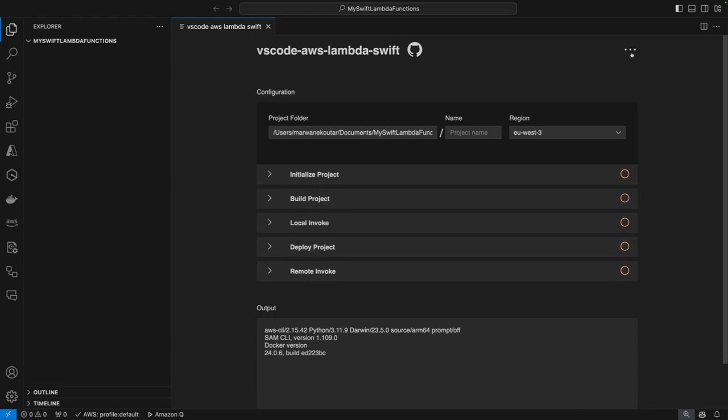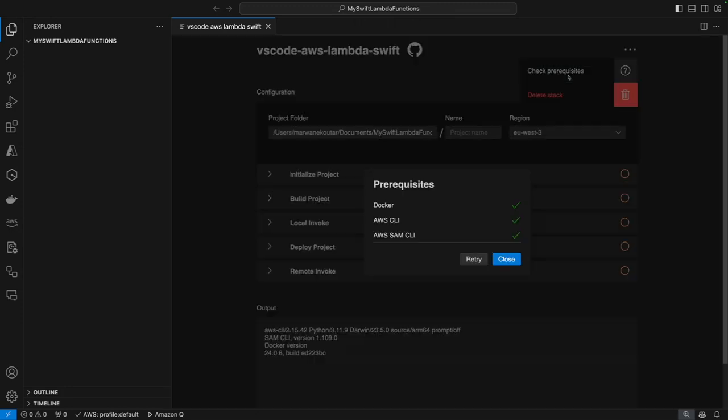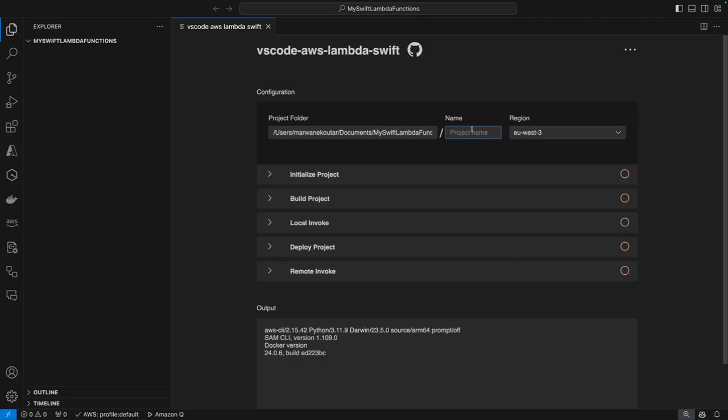So first, let me mention something. If you go on the top right to check prerequisites, you can see that the extension requires three external tools, which are Docker, AWS CLI, and AWS SAM CLI. Okay, so let's start by